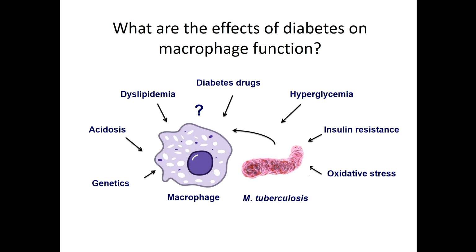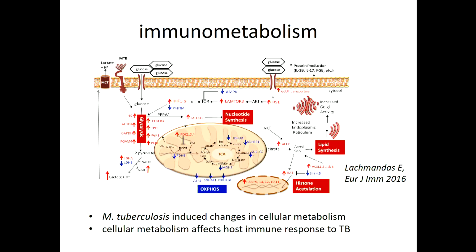Starting with the last question, how can we explain increased susceptibility? One can start and study this in vitro, and this is what some of our consortium members are doing: the interaction between a macrophage and the mycobacterium. Diabetes is not a simple disease, it's a syndrome, and there's a multitude of abnormalities or changes in patients with diabetes: hyperglycemia obviously, but also lipid abnormalities, oxidative stress, and insulin resistance or hyperinsulinemia. And then they take diabetes drugs, which may affect our host response. So any of these factors or in combination may account, and then genetics, of course, may account for the increased susceptibility. So just to give you one result,